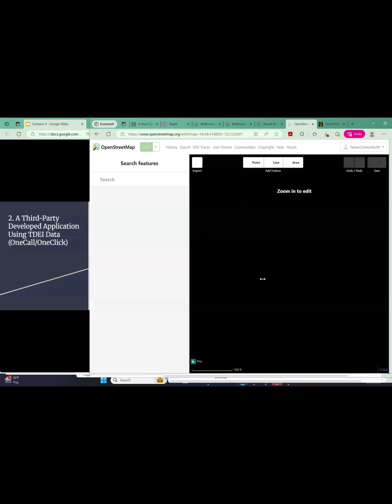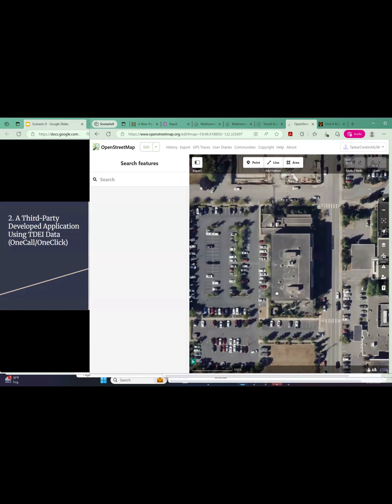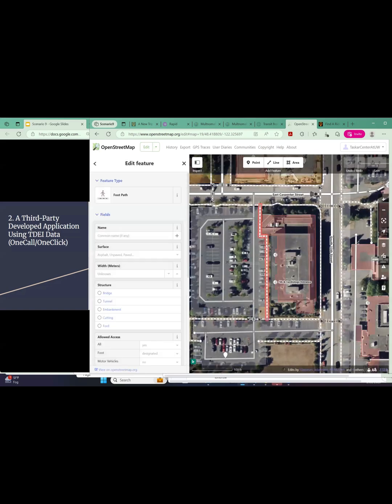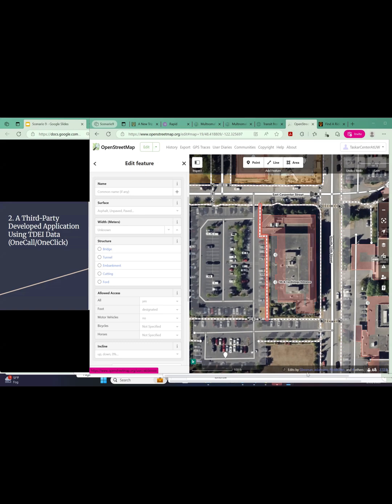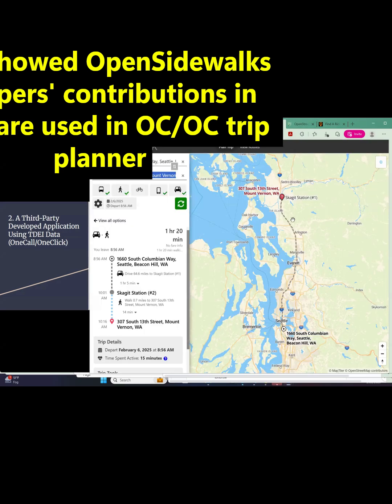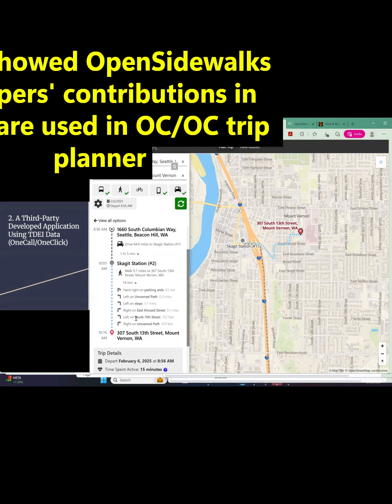And if I show some of the history of the elements around here, for instance, right there, both Nick Bolton was a founder of Open Sidewalks, and Glassman is the local contributor that has been mapping in our OSW style for years. And so this infrastructure is what's currently being consumed when I use the find a ride trip locator.